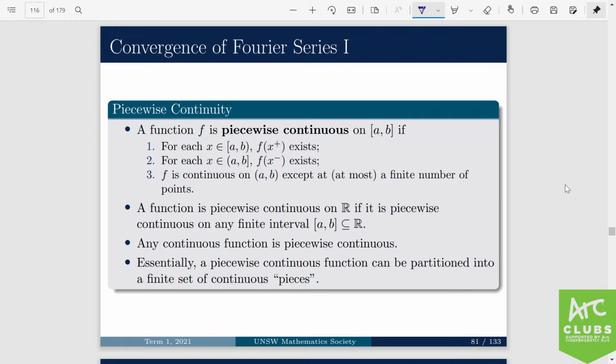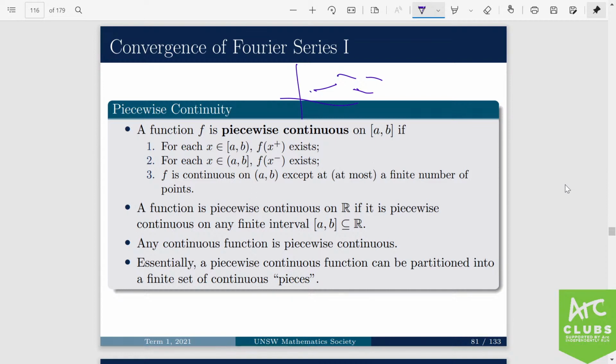Piecewise continuity, again, is another definition. For the exam, you don't really need to know these too well, but these definitions get used in other things, which is why they're taught. So intuitively, piecewise continuity, it's in the name. If you can break a function into continuous pieces, that's why it's piecewise continuous,